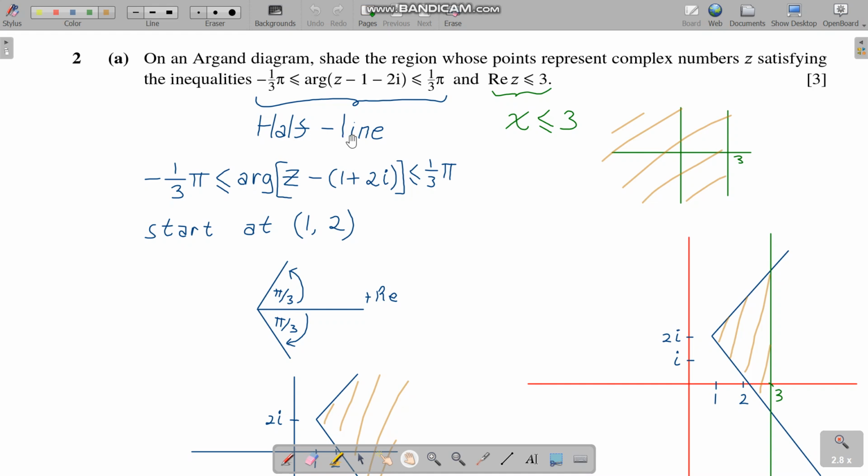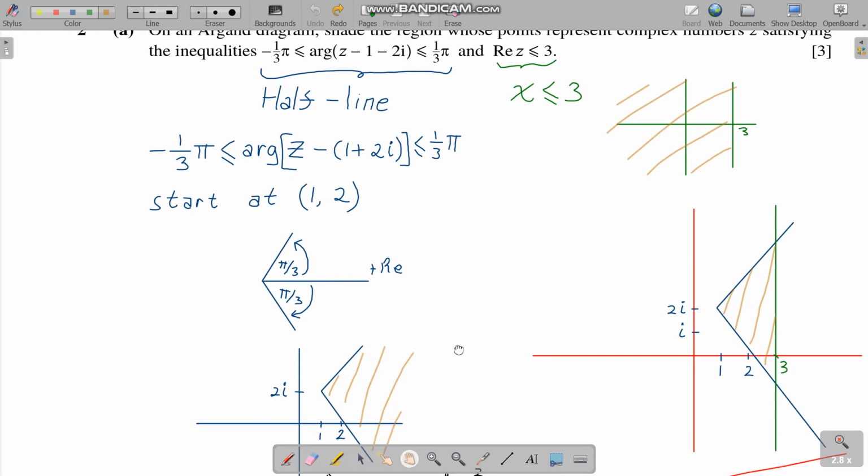So to find the starting point, we have to make it in the form z minus z1. So we turn this into minus something. Notice that if you expand, you're going to go back to the original minus 1 minus 2i. So now we know the starting point, which is (1, 2), that's the coordinates, and for the angle we start